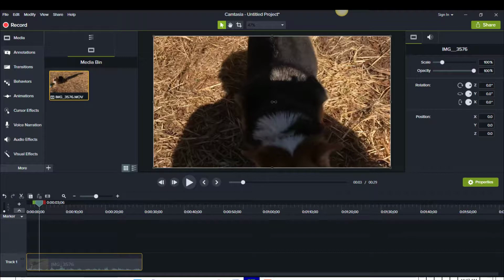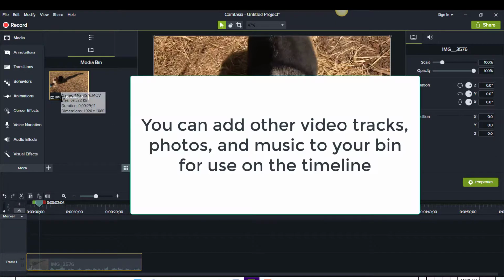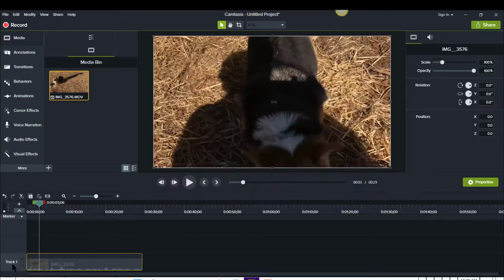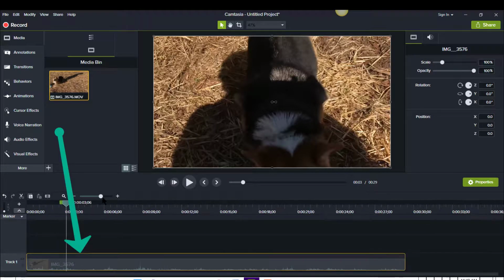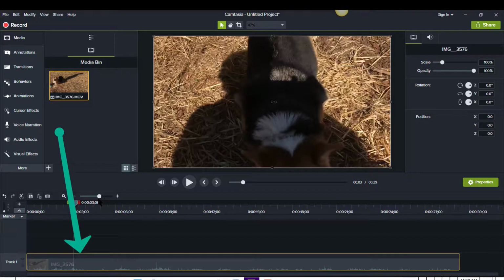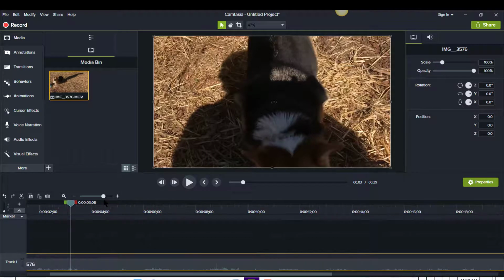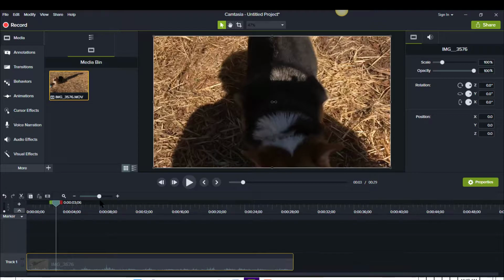Let me jump into this. And this is a video that I put up here. This is Camtasia. And typically you're going to have your media in a bin, they call it in Camtasia world. And the only media I'm showing right now is down here in this track, and this is called a timeline here, and usually you can adjust the timeline by dragging it out, and part of the timeline is the audio